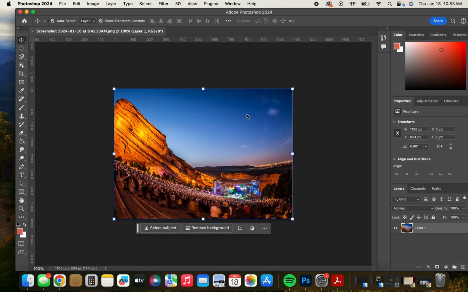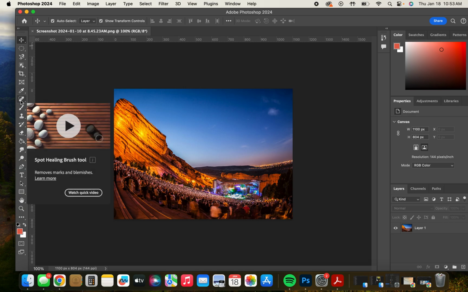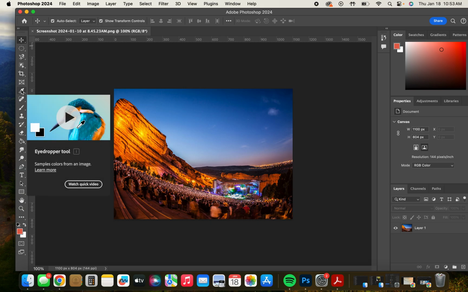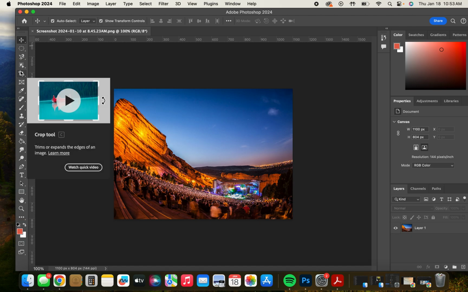So this is an image of Red Rocks. This image is one that has a lot of ability to be cropped or fixed and straightened. So we have some tools over on the side that always help with grabbing and cropping. Like I was saying when we were going through this before, if you hit play